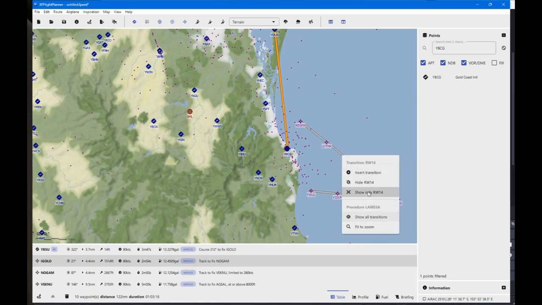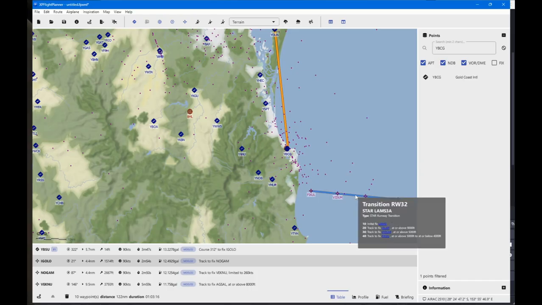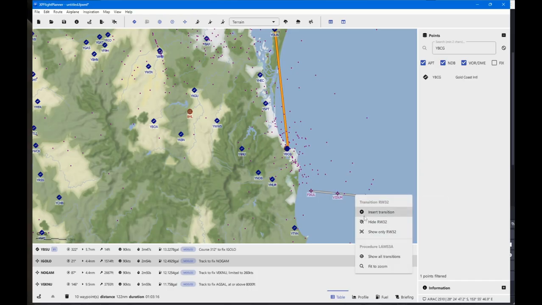Okay, let's remove that again. Hide runway 14, and if I go show only 32, now if I click on that and go insert transition,